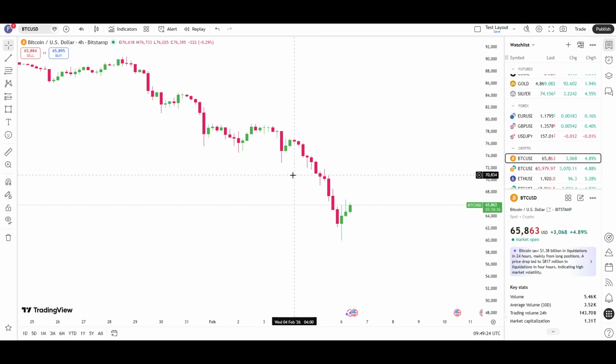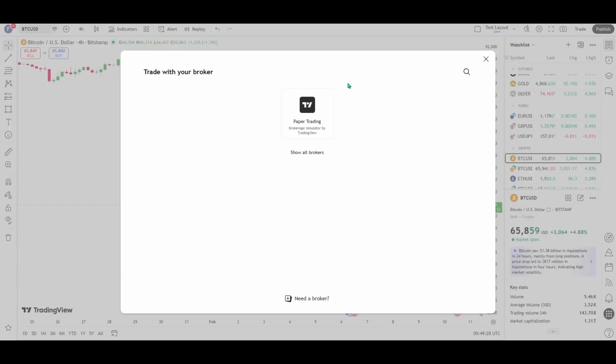First, once you're on your TradingView chart, look to the top right of the screen and click on Trade. This opens the trading area where supported brokers are listed. If you don't see it immediately, maximize your chart or make sure you're signed in to TradingView. The Trade button is designed to be easy to find, and clicking it brings up the interface you'll use to